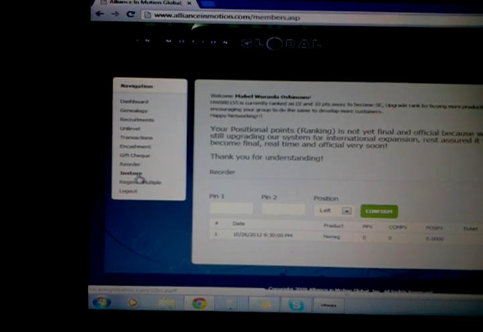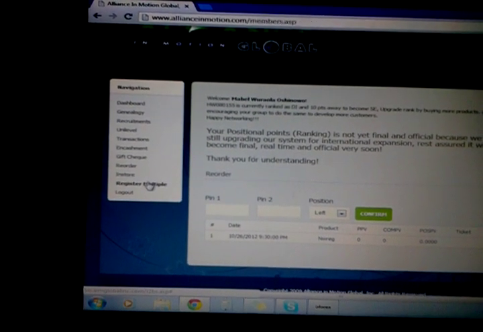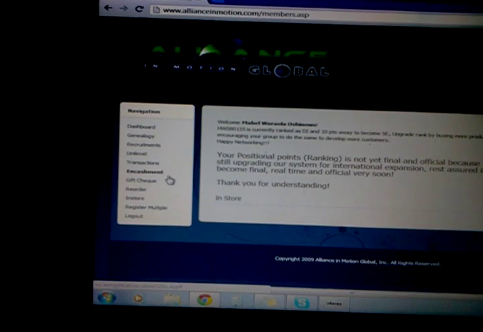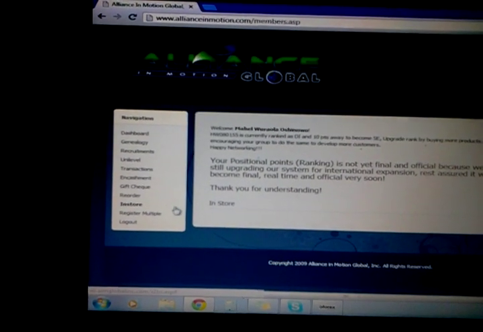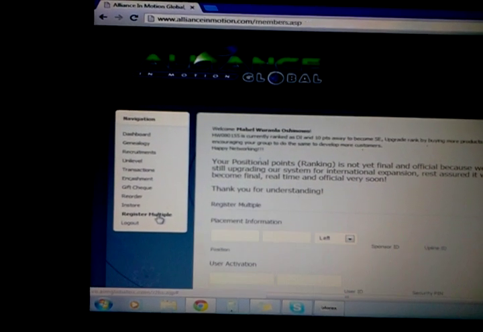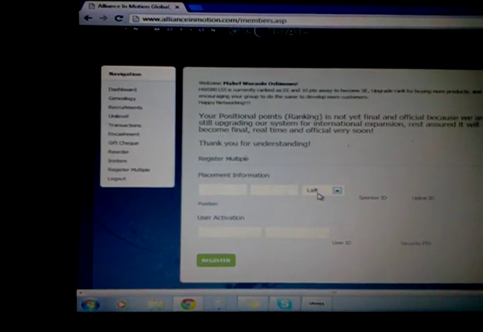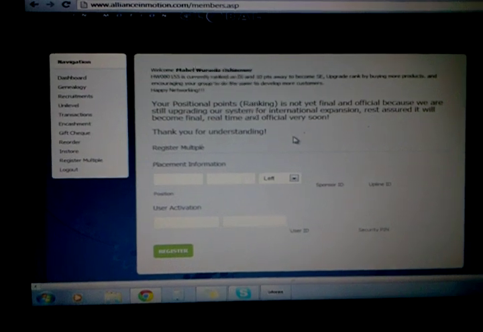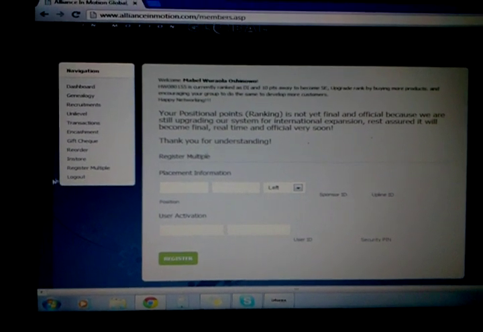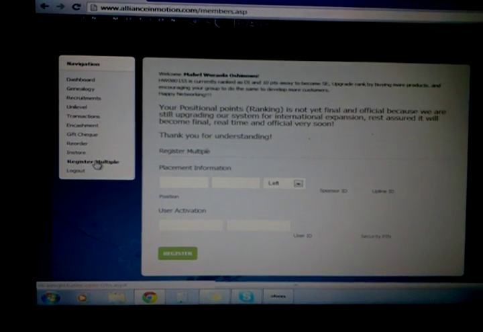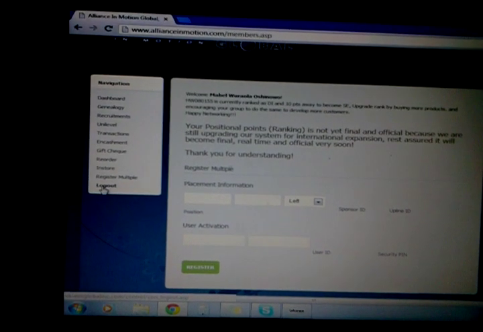Okay, the in-store, if you buy it in the head office in Lagos, and then register multiple accounts. This is the one that we're using if you will be registering 7 accounts. We use the register multiple accounts.